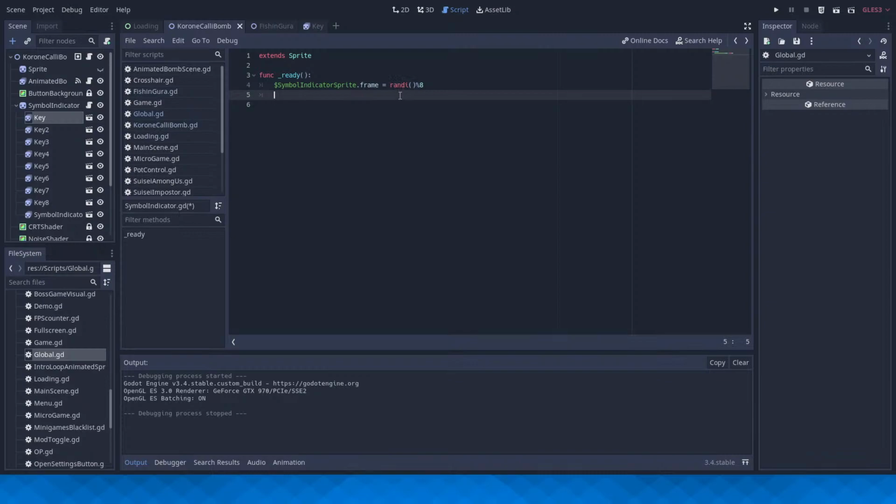So, symbol indicator sprite frame. Right now, I just need to go through the children randomly and assign them. Yeah, that works.